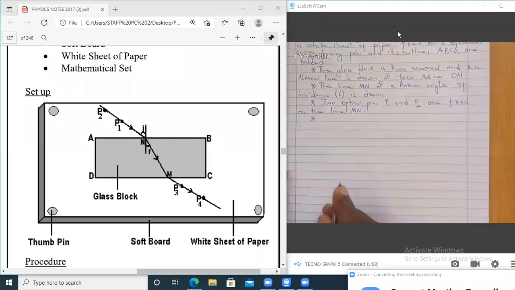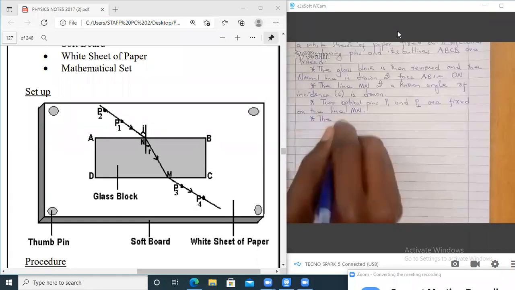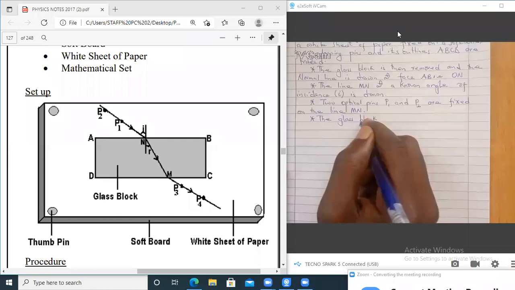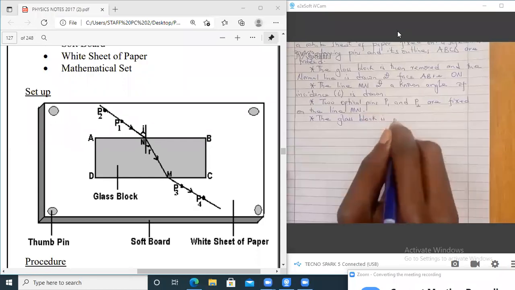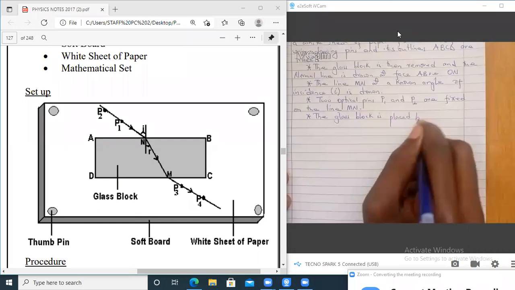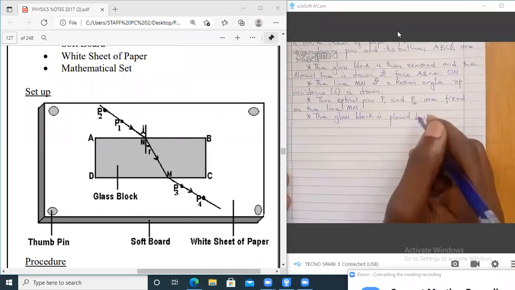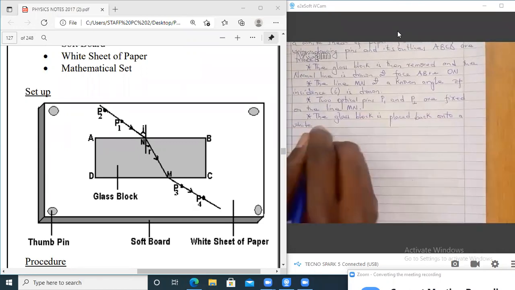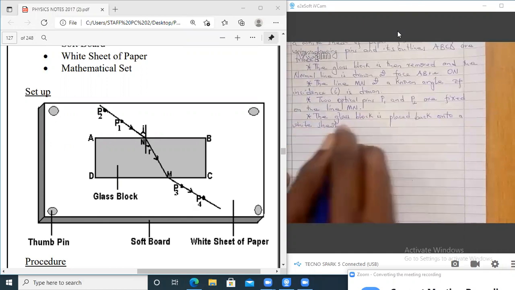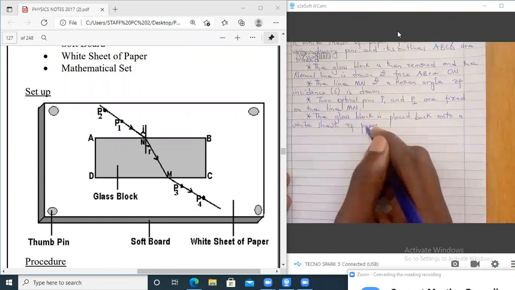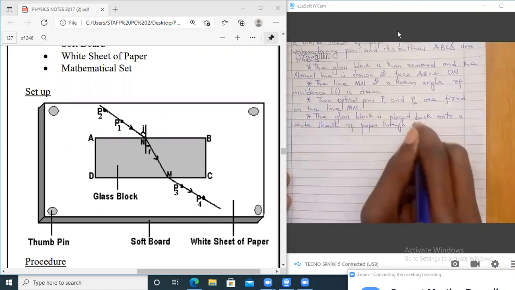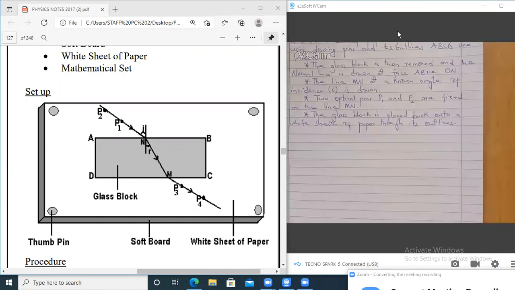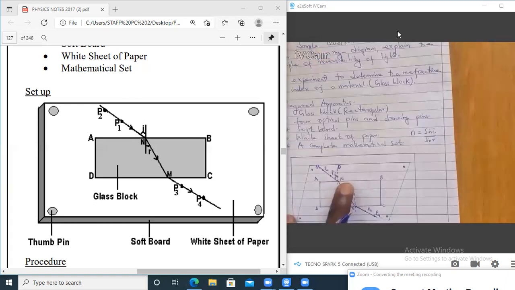After that, the glass block. The procedures are many, but the glass block is placed back onto a white sheet of paper through its outline. Through its what? Outlines. So after measuring this angle and fixing the pins P1 and P2,